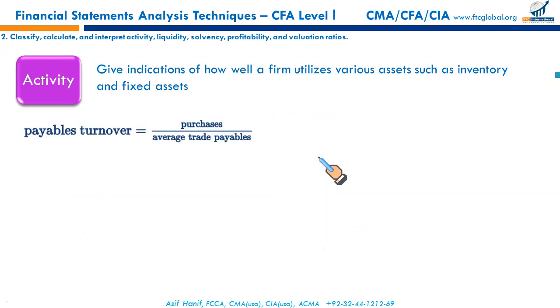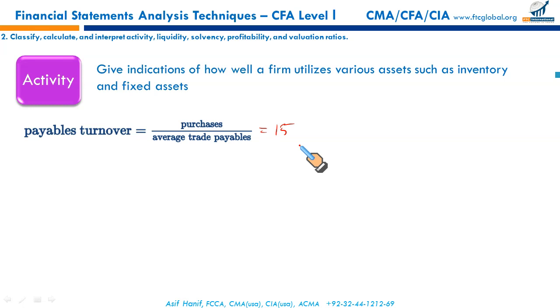Next we have payables turnover. Ideally you should use credit purchases, because this is what drives the accounts payable balance, but that is not possible from the income statement. So whatever the purchases number is given, you need to take it. Since it is from the income statement and trade payables are from the balance sheet, they must be averaged. So purchases upon average trade payables tells you how many times you pay your payables in 1 year. Let's say if the number comes to 15, it means you pay 15 times to your payables in 1 year.